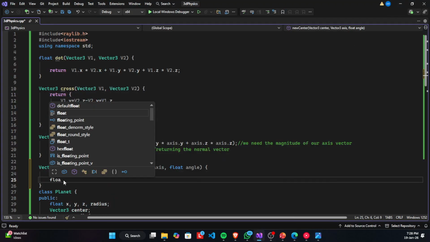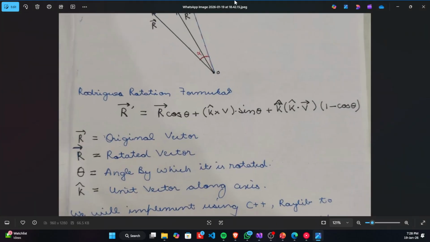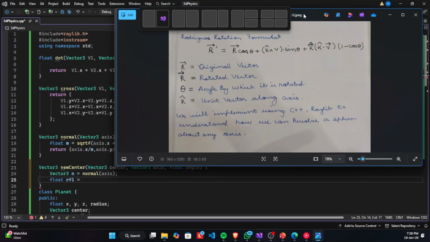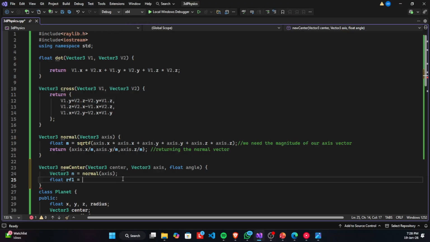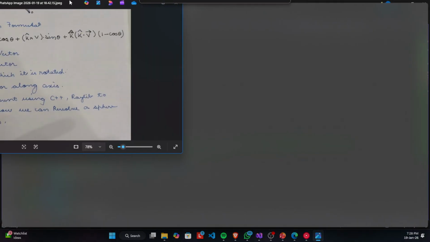Like float rf1 is going to be, let me just quickly keep this thing. Float rf1 is going to be